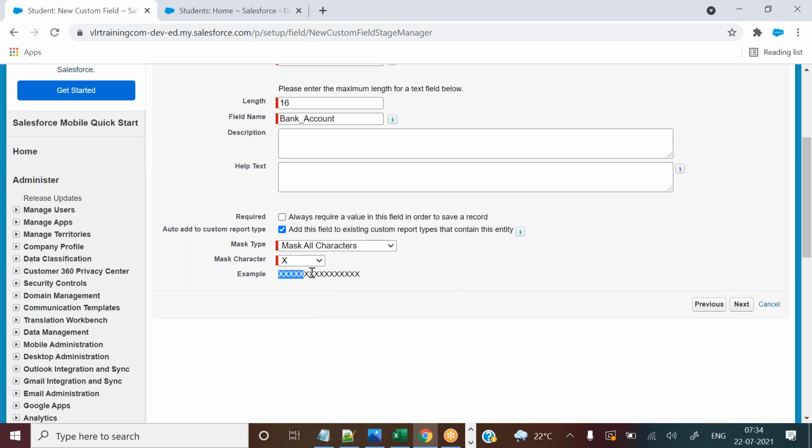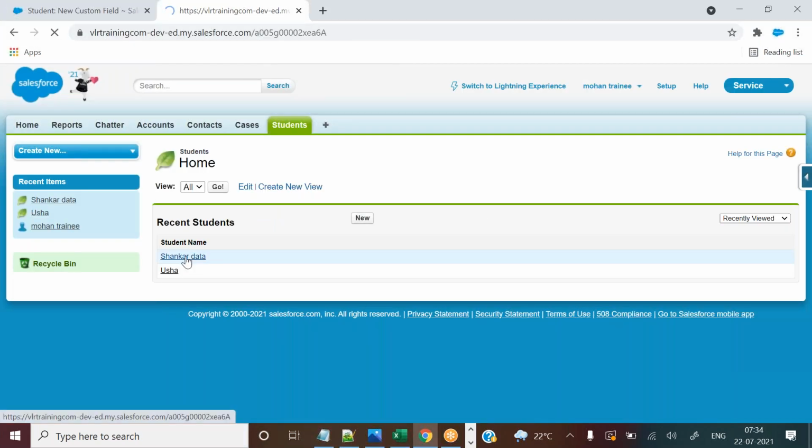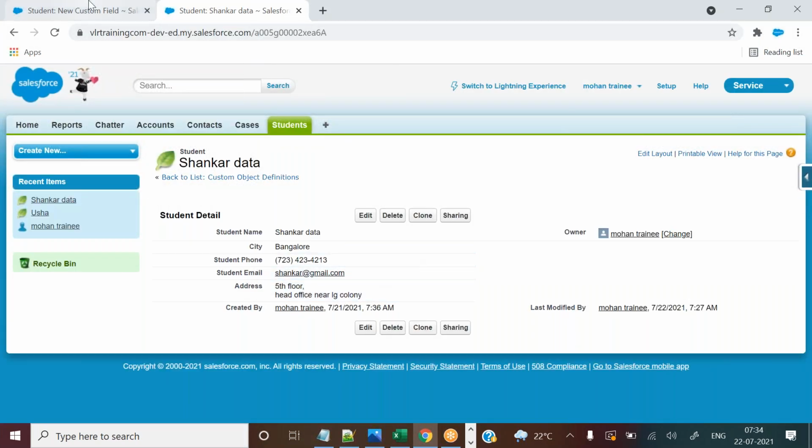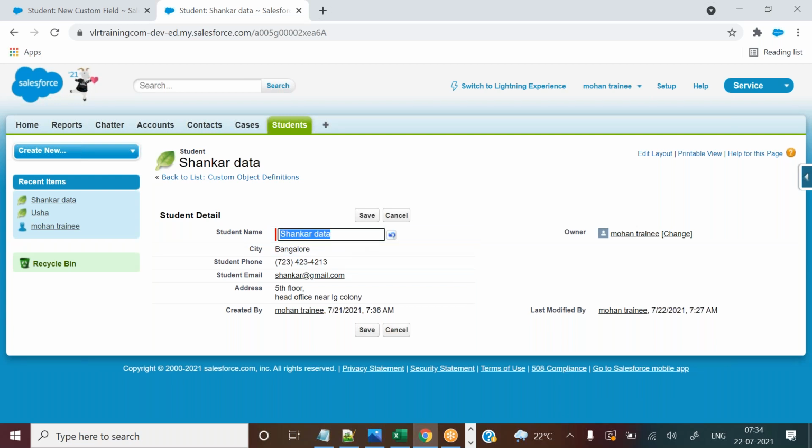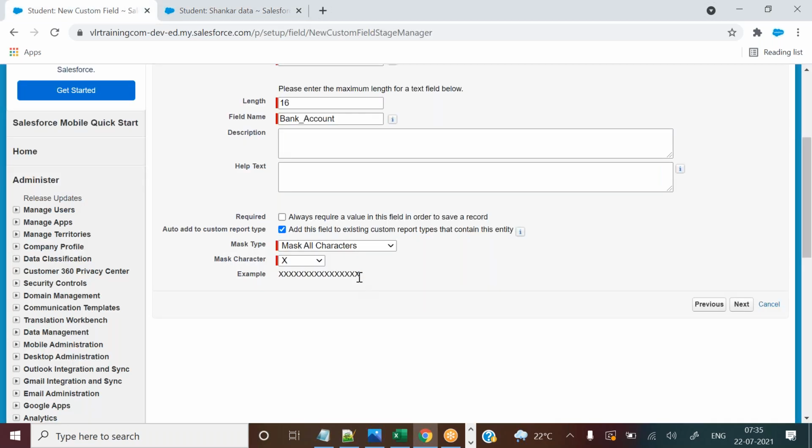And for an example, you can see the output here. Suppose a new field, bank account, is created, and suppose I enter an account number here, as an example, and click on the save button. The output will be like this.